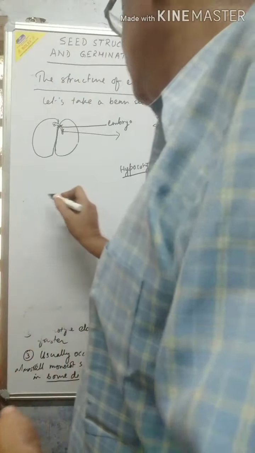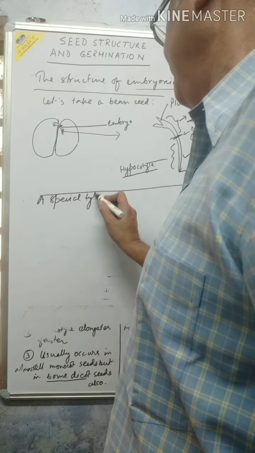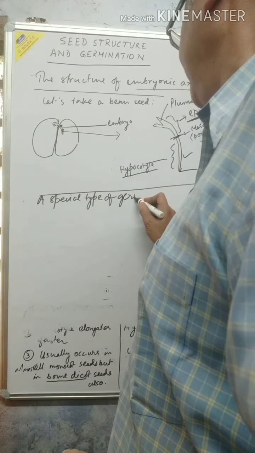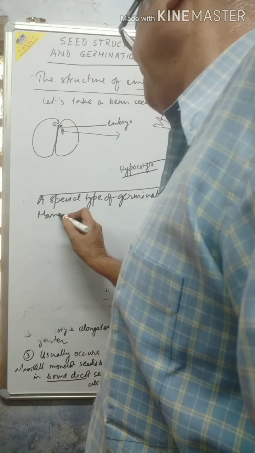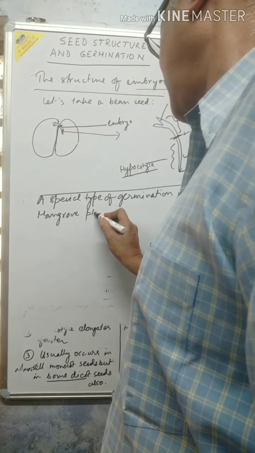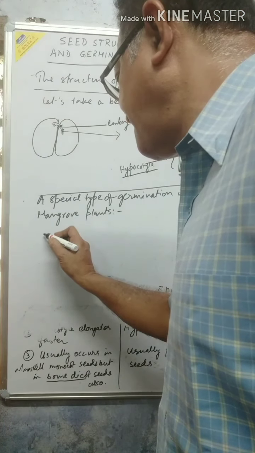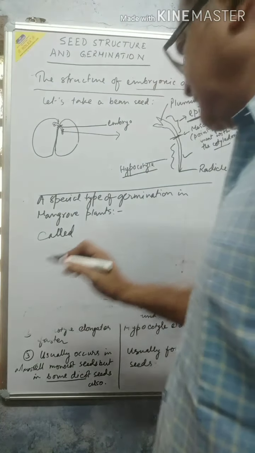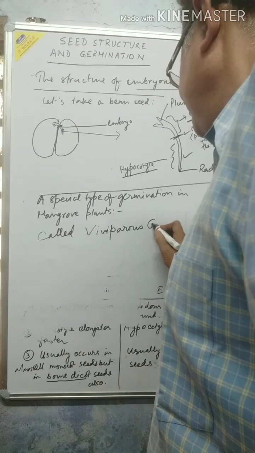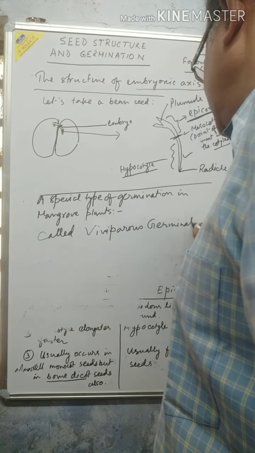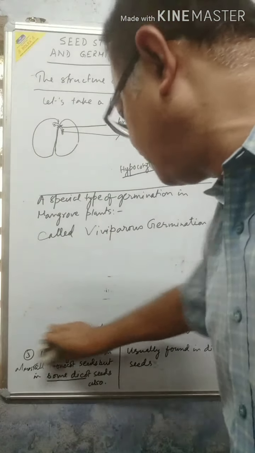This is called viviparous germination. Viviparous germination is what? In the case of mangrove plants, for example Rhizophora,